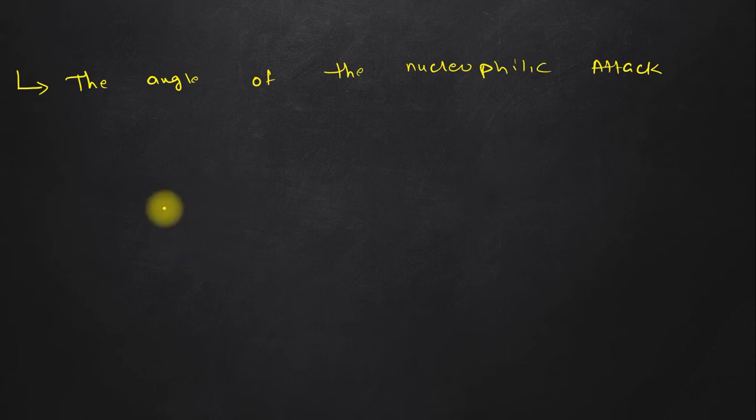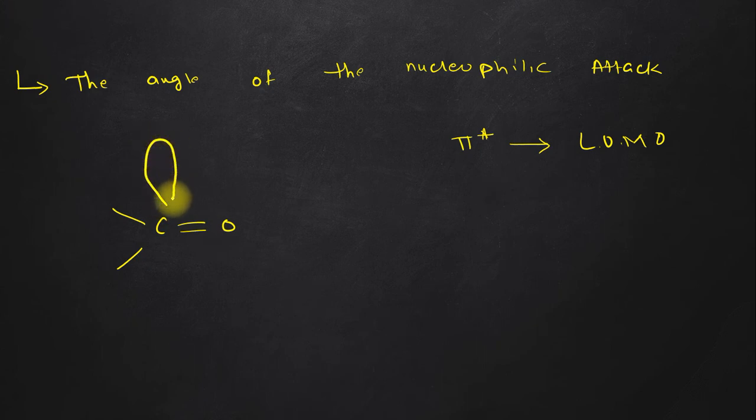So once again, let us draw the orbitals of the carbonyl group. So here again, we are having the carbonyl group. Now we all know that the pi star orbital is going to be the LUMO of the carbonyl group. So let us draw the pi star orbital. This is the pi star orbital of the carbonyl group, and this pi star anti-bonding orbital is more directed towards the carbon. This is a planar structure, but this p orbital is perpendicular to this particular planar structure.